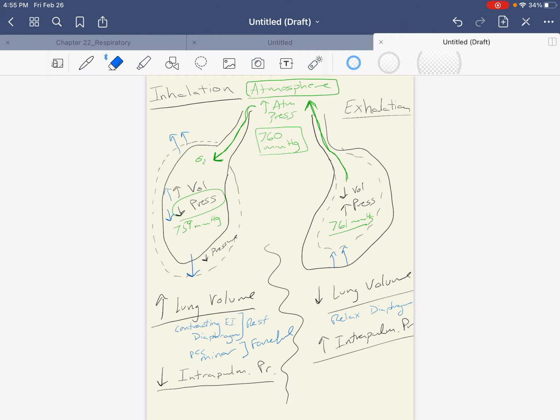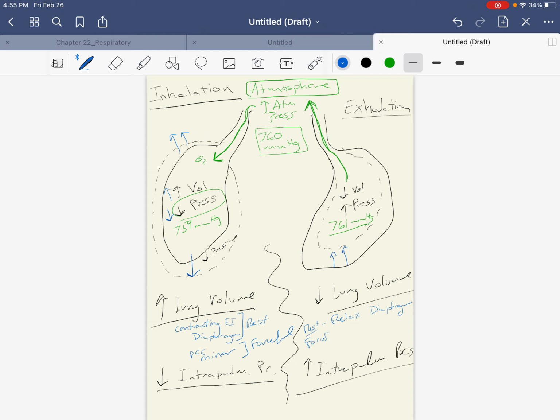So when we want to do, actually, I should have put this down a little bit more so it can be consistent. So we said increases intrapulmonary pressure. Well, this was at rest, but what if I'm exercising and I need to forcefully exhale? Well, for forceful exhalation, I'll just contract the internal intercostal,